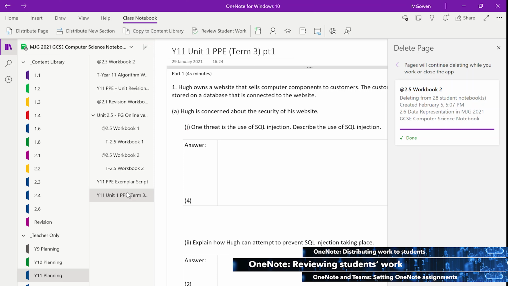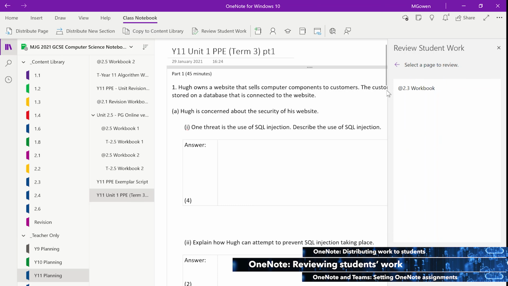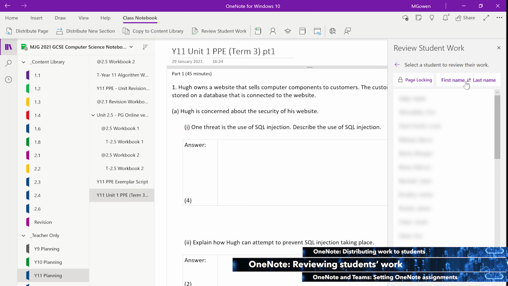If the students have access to the OneNote page from the point you deliver it to them, and they can digitally type in it whenever, what happens there? Well, one thing you can do using the review student work, and here I've gone to another section which only has one workbook included. If we select that workbook, click Next on Review Student Work, you'll notice that we have